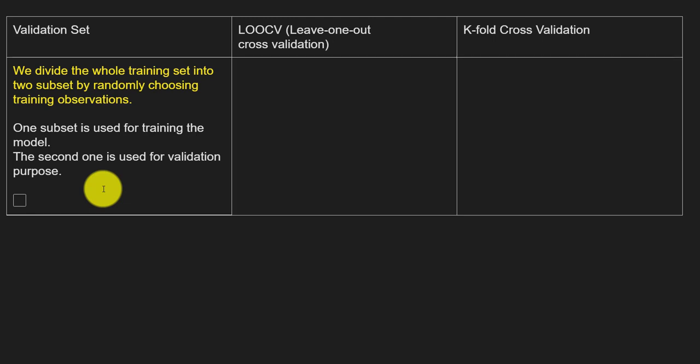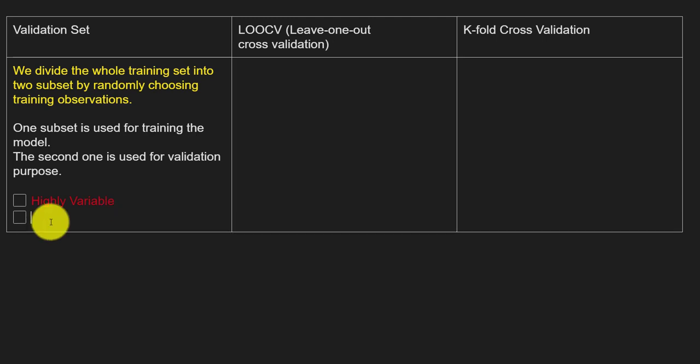That's why this method is very highly variable. The second drawback of this method is, as we have seen before,